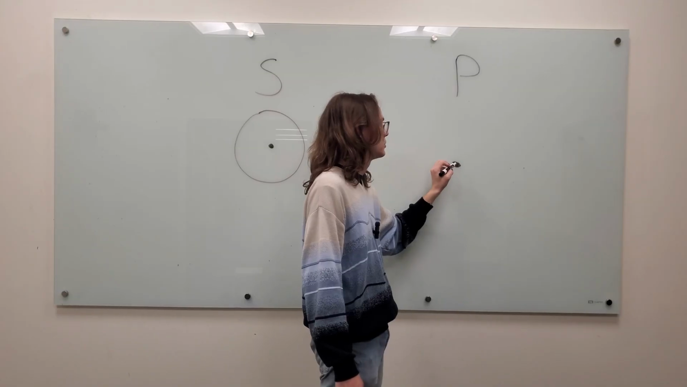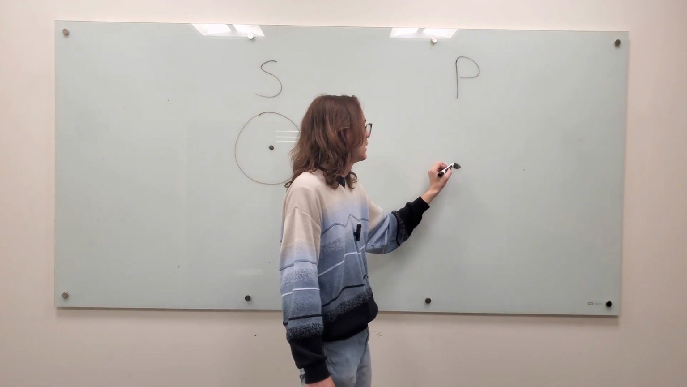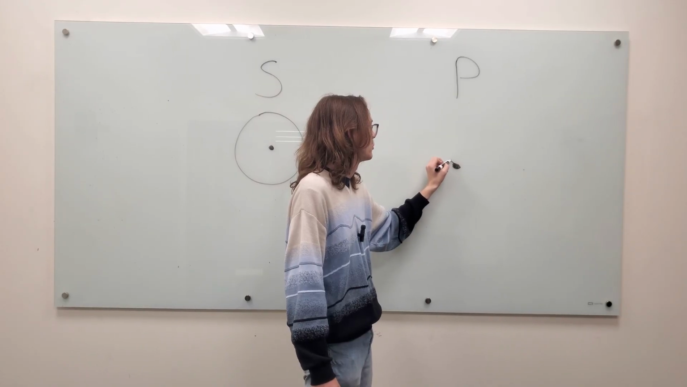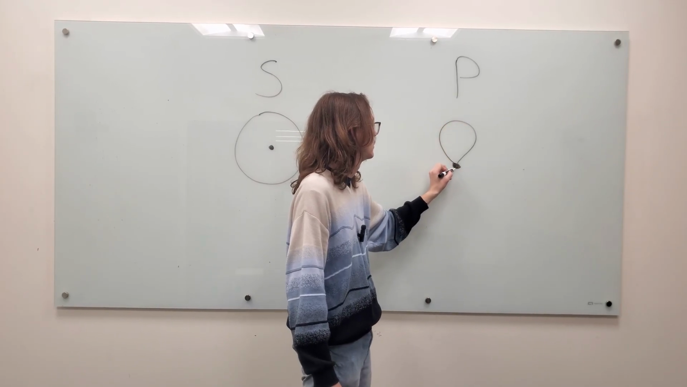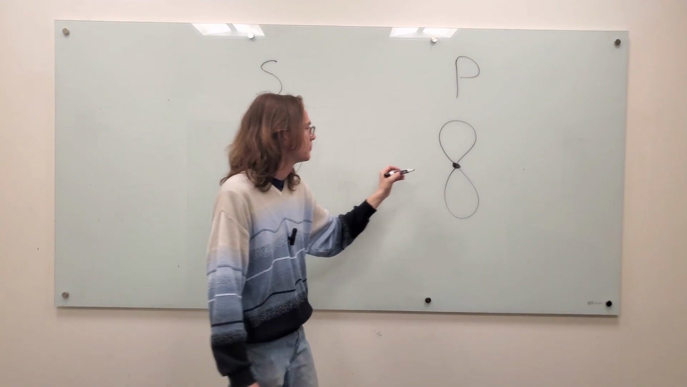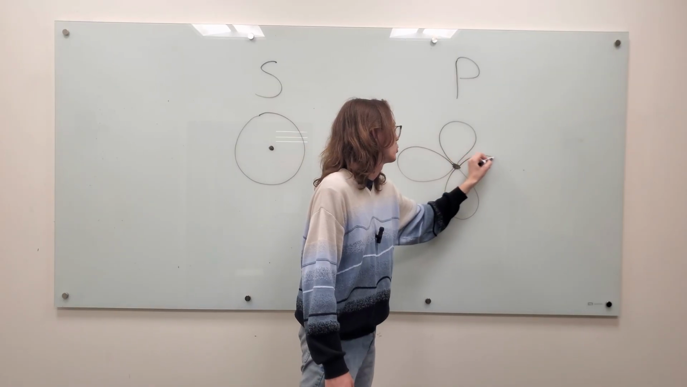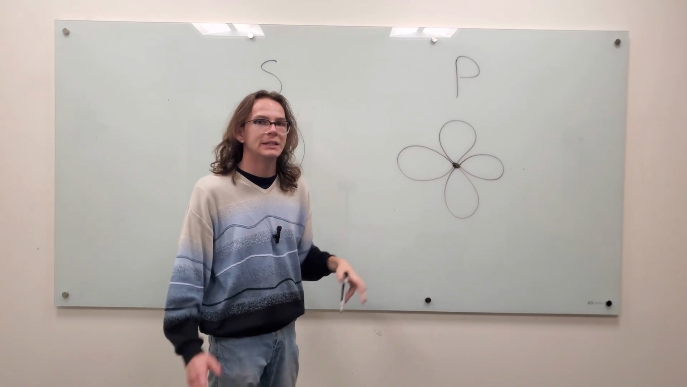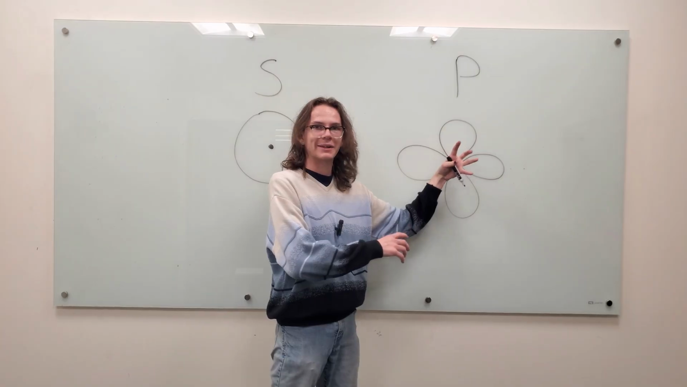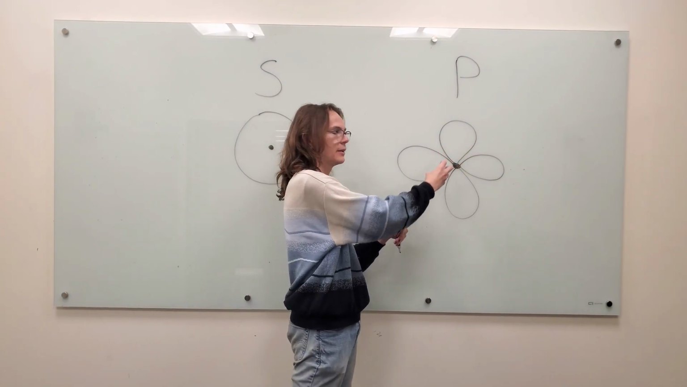So a p orbital, they sort of look like flower petals if you look at them from the side. And so a p orbital might look like this. We might call that the py orbital. This one we might call the px orbital. And then the pz orbital would be one coming out towards us, and then its alternate one going in away